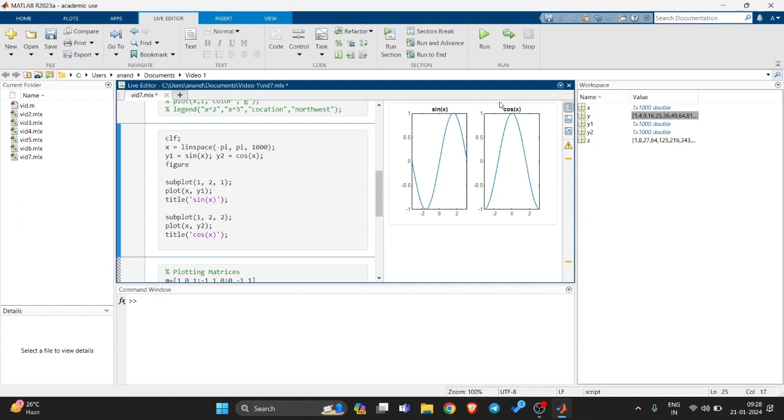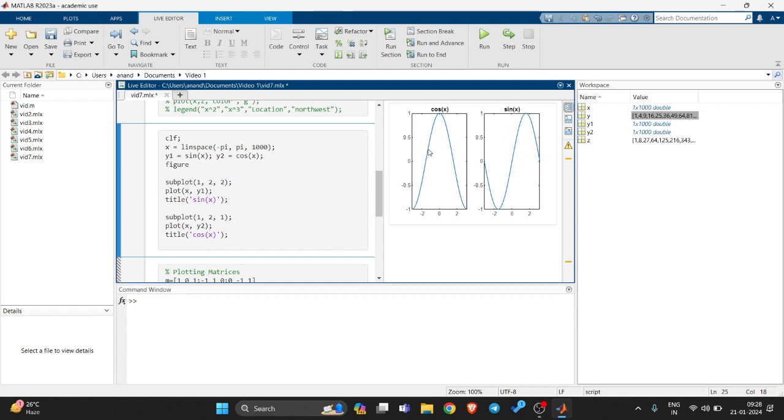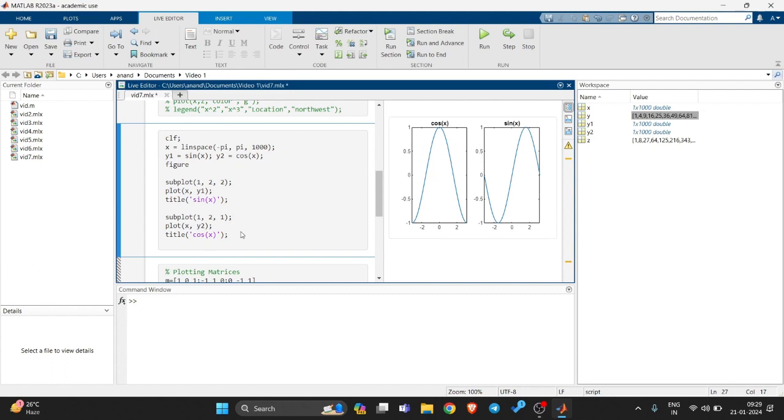I can even change the position of these if I want. Sin x will be plotted first, but sin x will be plotted here, and cos x will be plotted here. So this is how you use the subplot function